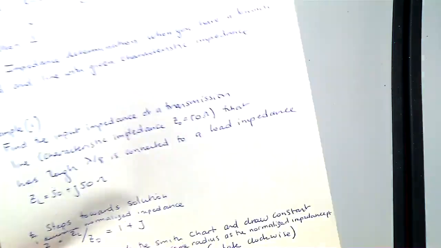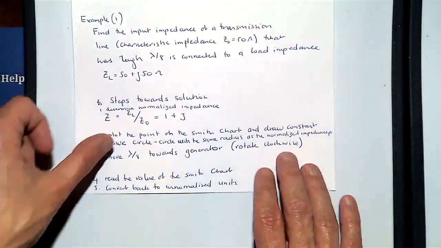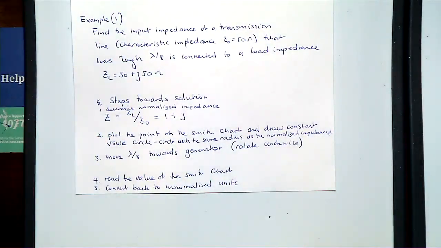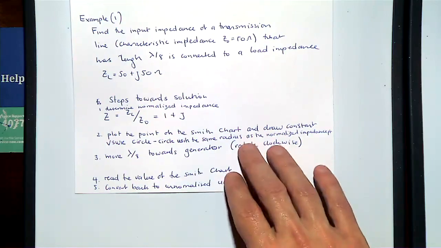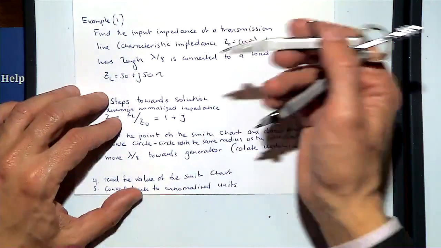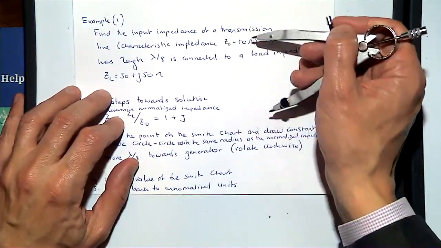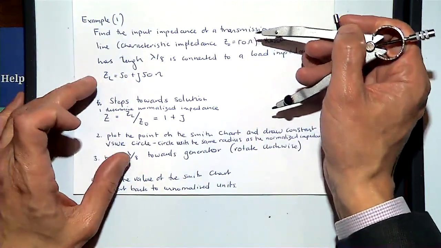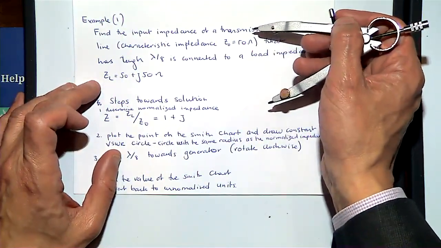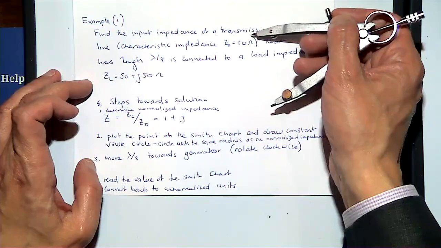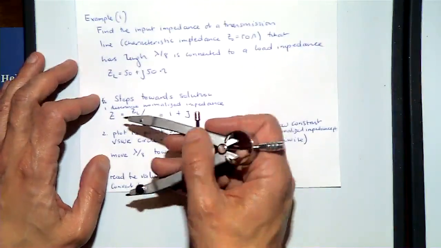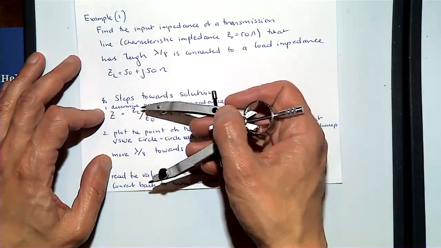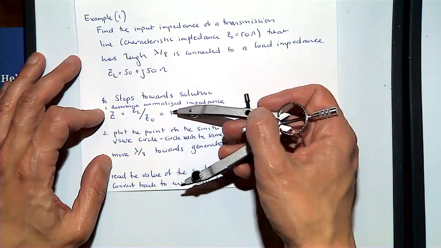Okay, step number one. I'm going to provide you with some recipes here. We've got the load impedance, and we know the characteristic impedance of the line is 50. So we normalise, in most cases, relative to the characteristic impedance of the line. Therefore z equals ZL divided by Z0, which is 1 plus